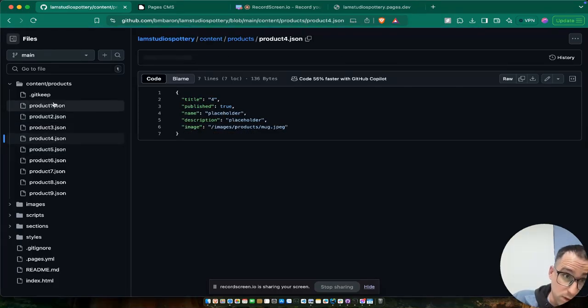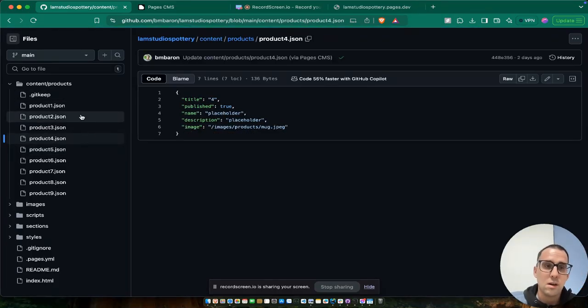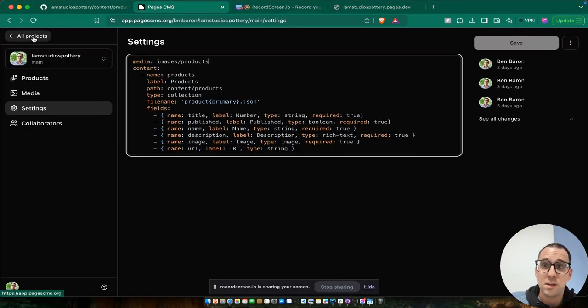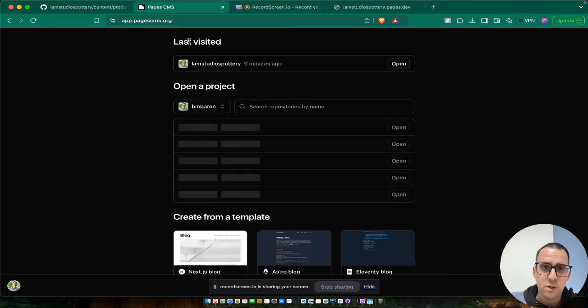So what would be nicer is if we could turn all this into a nice UI for them to use, similar to Strapi or Contentful, but not sacrifice needing an external application for that. But if we could just kind of extend what's going on inside of the products. So what I found and what I've been working with is this solution called Pages CMS. And just to show you what it looks like,